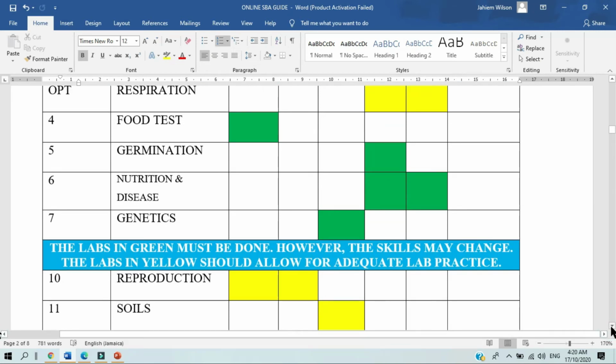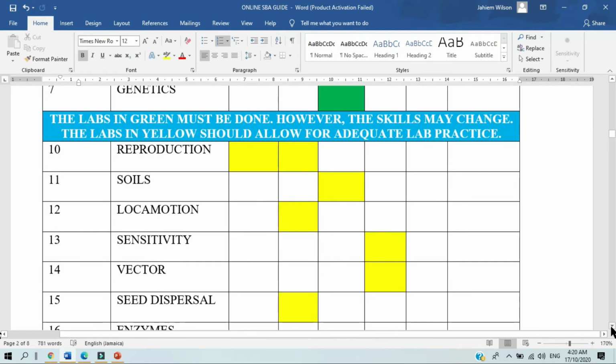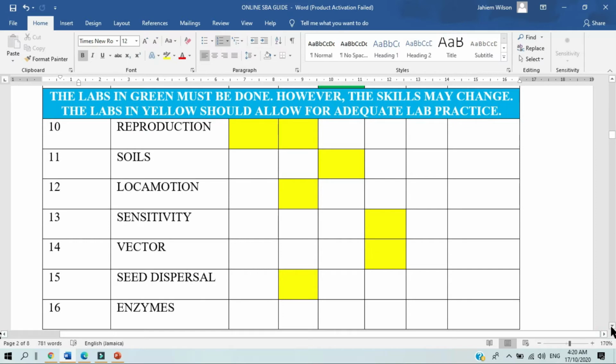The labs in green must be done. However, the skills may change. The teacher can of course decide what skill they want to assess, and that's fine. The labs in yellow should allow for adequate lab practice. So we are going to be going through all these. We are going to be showing you just some of the little things that we're going to be needing at home, not much. So additional labs that we're going to be looking at, we're going to be looking at respiration